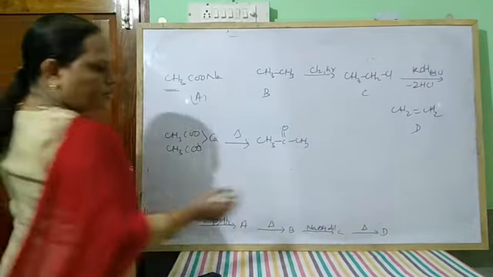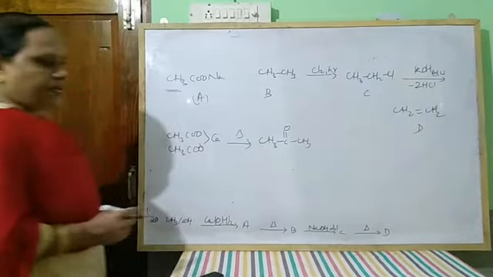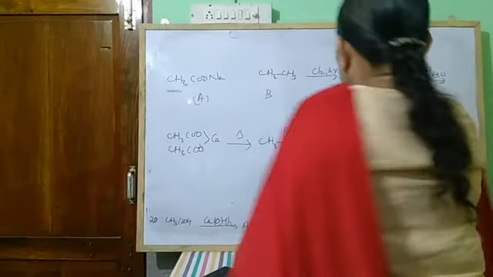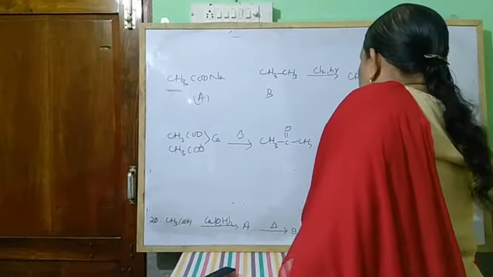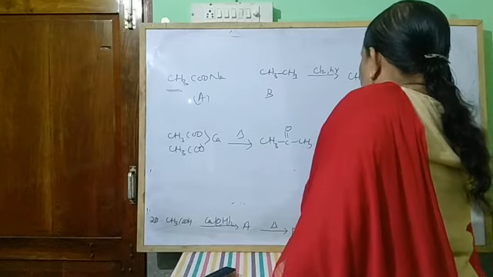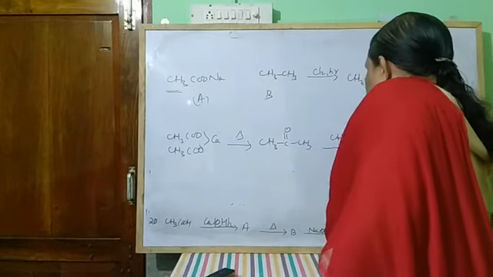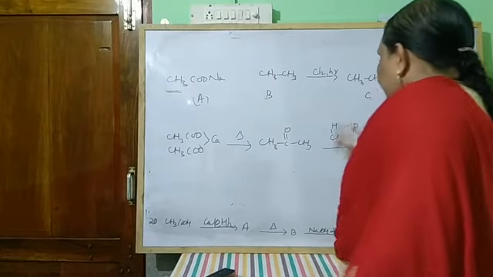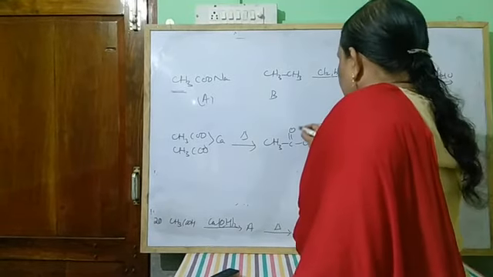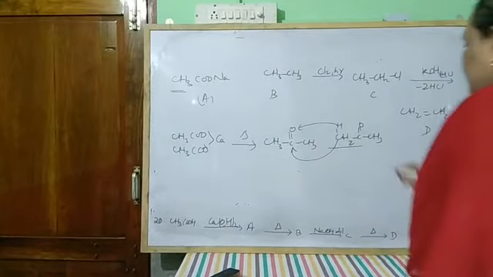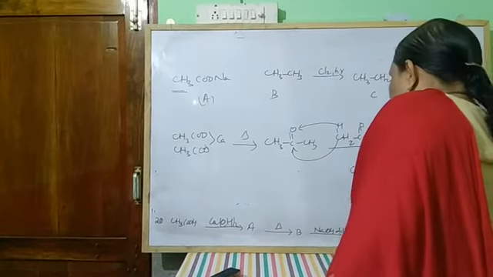And acetone treated with dilute NaOH undergoes aldol condensation. So when it is treated with another mole of acetone, you can write here CH2, H will come towards oxygen and this nucleophile part comes towards this. It gives you